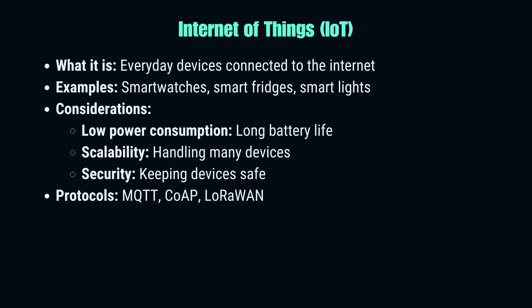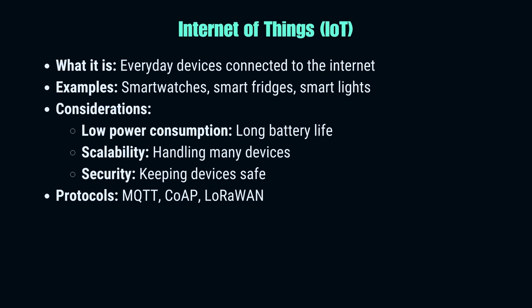Now let's explore how everyday objects are becoming part of networks in the Internet of Things. The Internet of Things, or IoT, represents a significant expansion of networking concepts to everyday objects. IoT refers to the network of physical devices embedded with electronics, software, and network connectivity, allowing them to collect and exchange data. These can range from simple sensors to complex machines, including items like smart home devices, wearable fitness trackers,